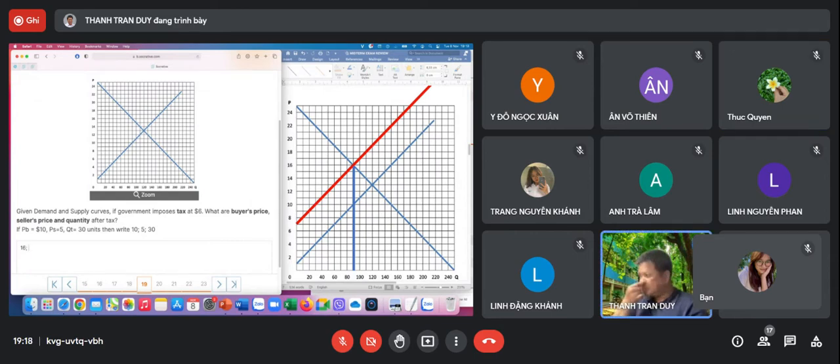Why do you say 7? Why did you choose 7? It is 10, right? 10, not 7. Because here, you see, the price is 10. It's okay. And the next question will be the quantity. How much is the quantity? What will be the quantity? 90. Exactly. All right, 90, right?